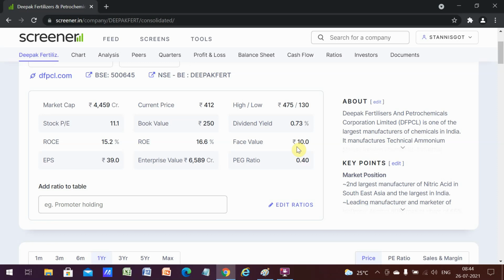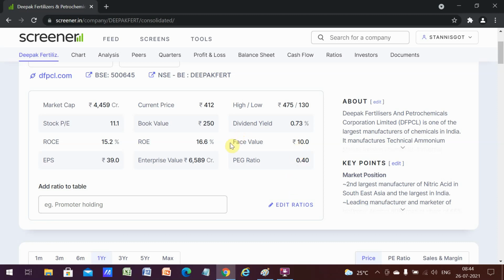Hi everyone. So in this video, we'll learn about the basic terminologies in equity market. So we'll start with the face value first, and then we'll look at the book value, EPS, what is PE, PEG ratio, market cap, and enterprise value. So these are just the basic stuff for those who are absolutely new to the market, right? For them, this should be helpful.